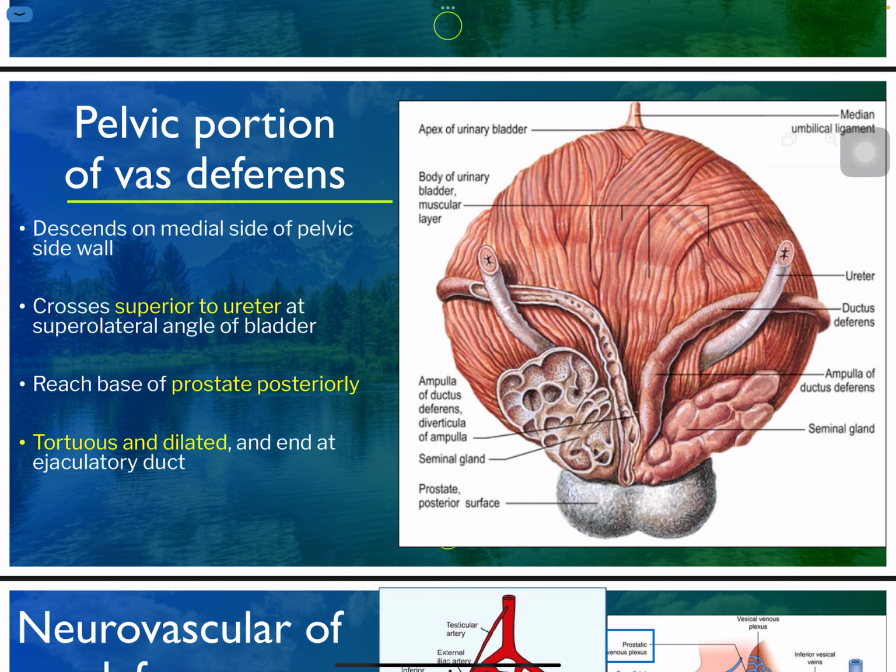So neurovascular supply: artery to the vas, vein is the prostatic venous plexus, innervation is the inferior hypogastric plexus, and lymphatic drainage is to the external and internal iliac lymph nodes. Okay, vasectomy